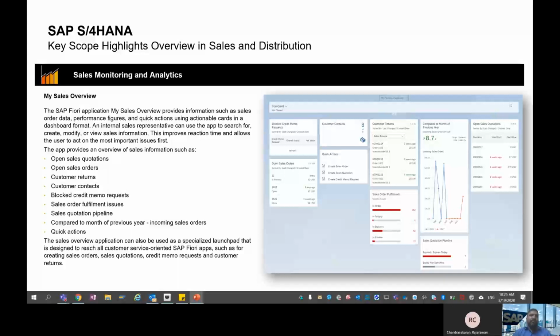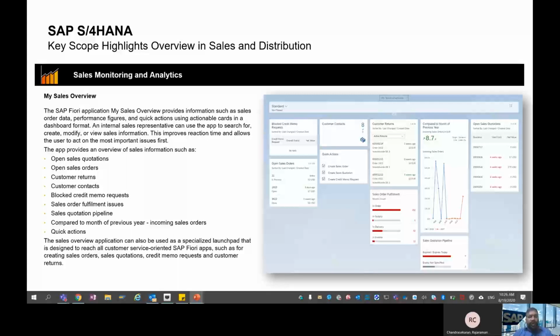For example, you have to act on open sales quotations, open sales orders, customer returns, a specific customer contact, blocked credit memo requests, or fulfillment issues in a sales order, or see which quotations are in the pipeline. He or she may also have to compare the incoming sales orders of a month to the previous year. So this sales overview page itself will help him or her to take quick actions.